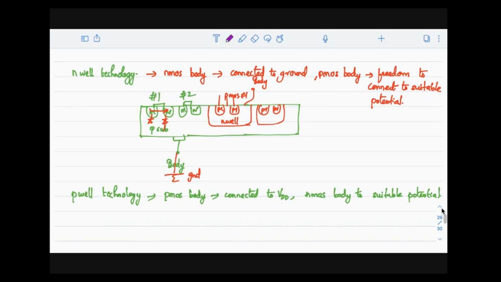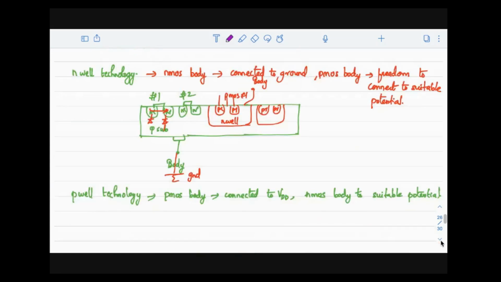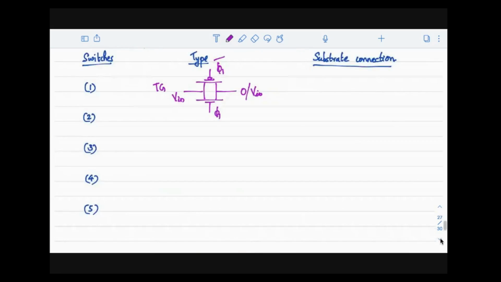So look at this, I'll just explain here. On this side of the switch, the variation is V in, and the other side, the same V in can come, or it can be 0. So here it is 0 or V in. Since the variation we are expecting is from 0 to VDD, we use a transmission gate switch, and the clock of this is 5-1. For the PMOS device, the clock should be 5-1 bar.